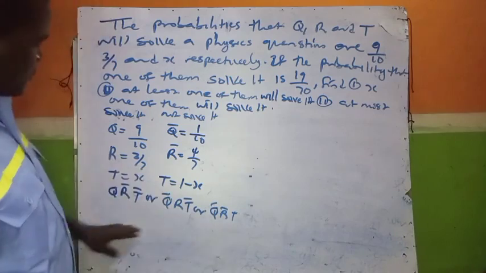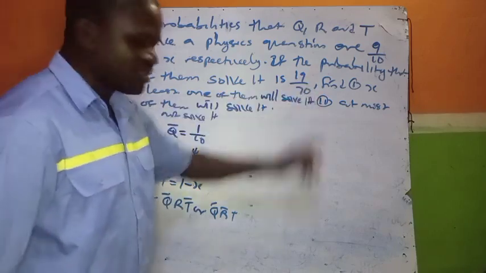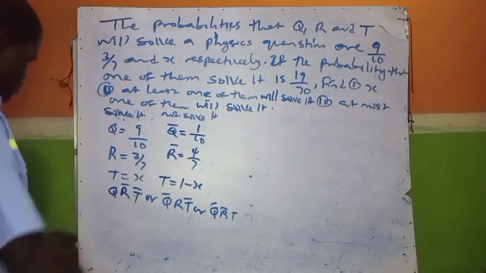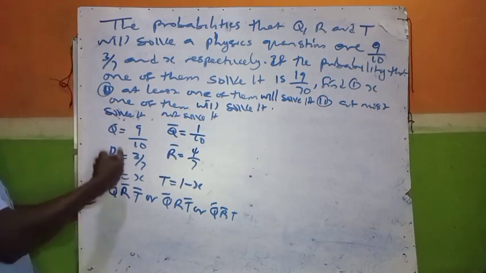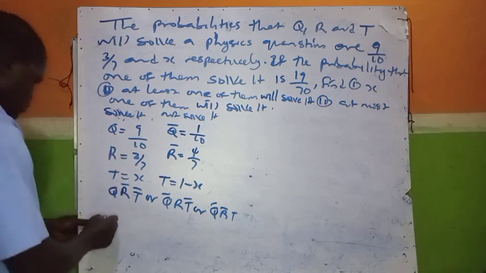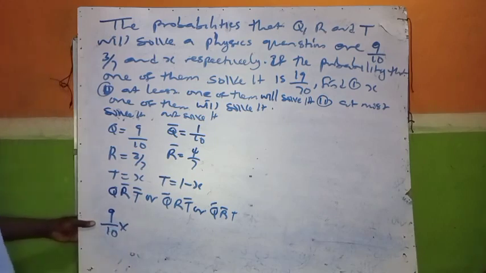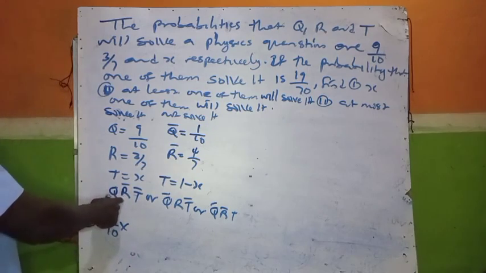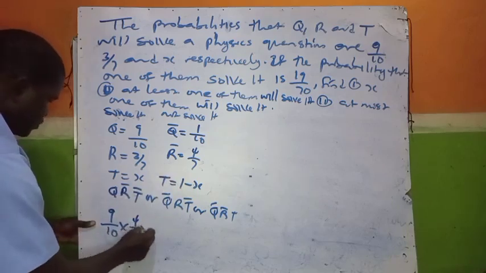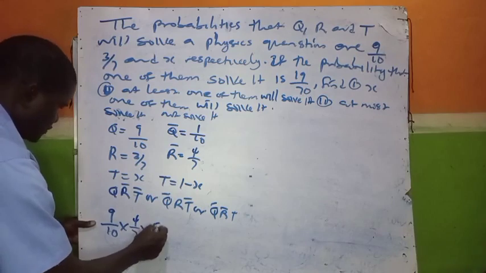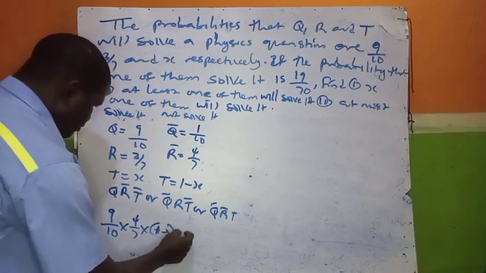This is how you are going to go, so the addition of these will equal this. So that Q solves it is 9 over 10 times this, 4 over 7 times 1 minus x, then plus